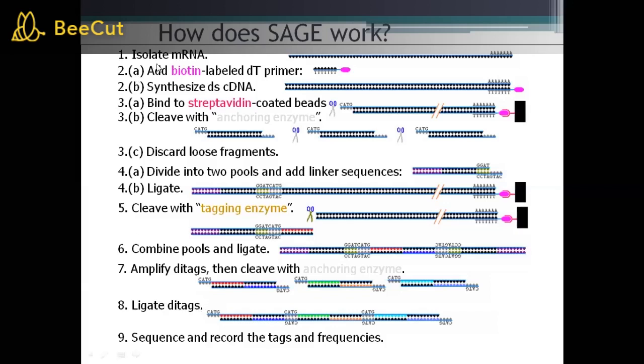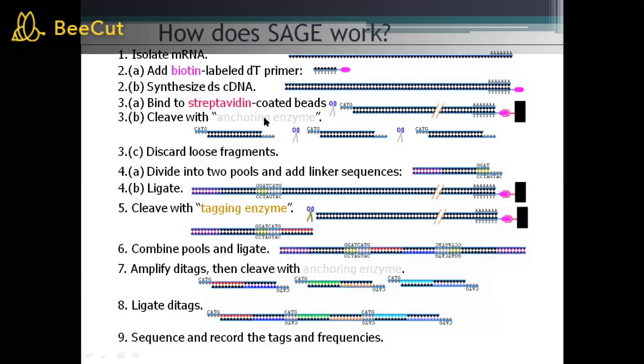Now we will see how SAGE works. The first step is isolation of mRNA. This mRNA has a poly A tail, so we isolate it. For this, add biotin labeled dT primers, then synthesize the double-stranded cDNA molecule, then bind this cDNA to streptavidin coated beads.